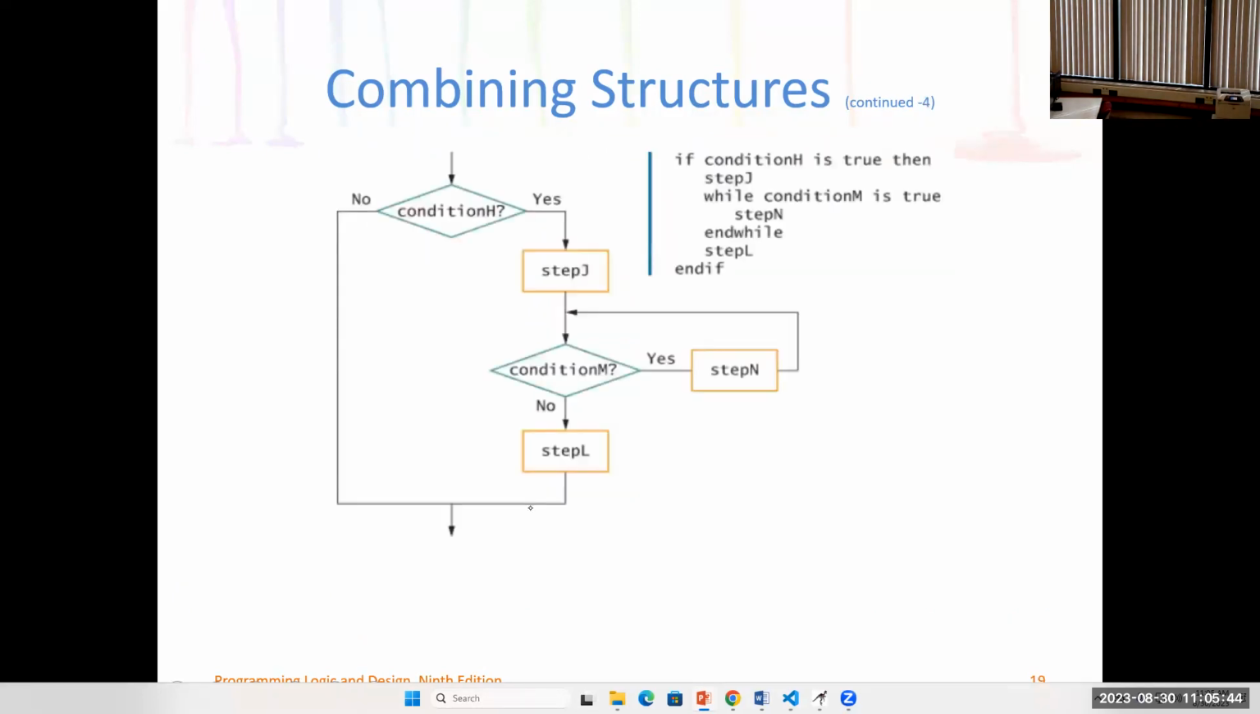How about this one? What do you think about this one? What is the combination for this one here? It's 2 selections in sequence, or selection, sequence, and what is it? Structure. So basically, this one here, when you want to understand the structure of this one,